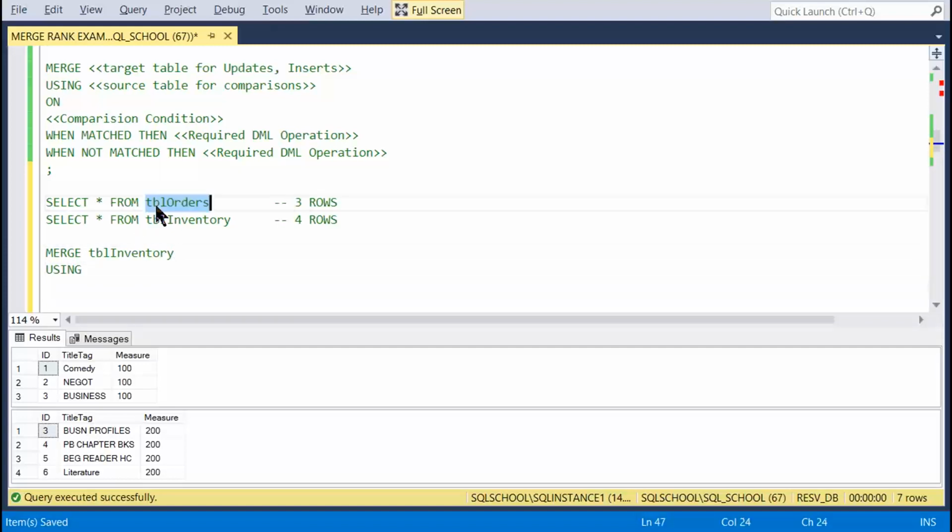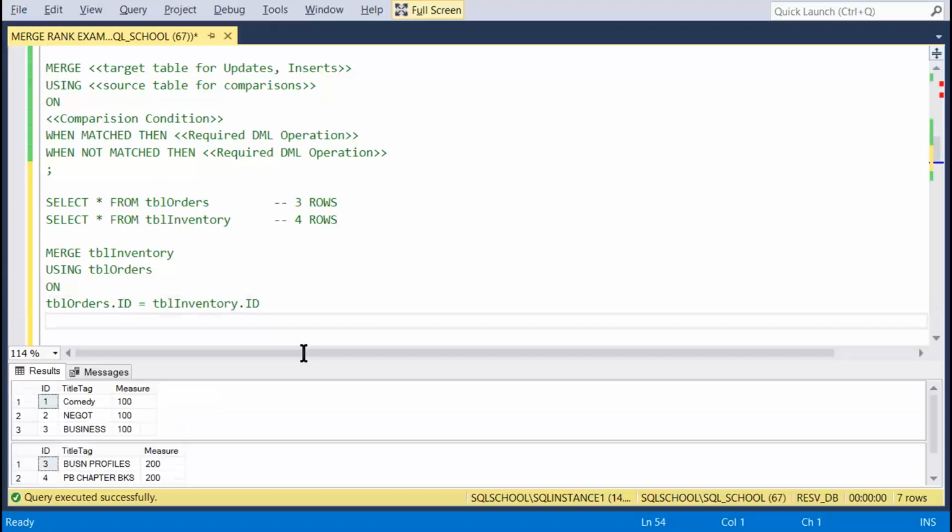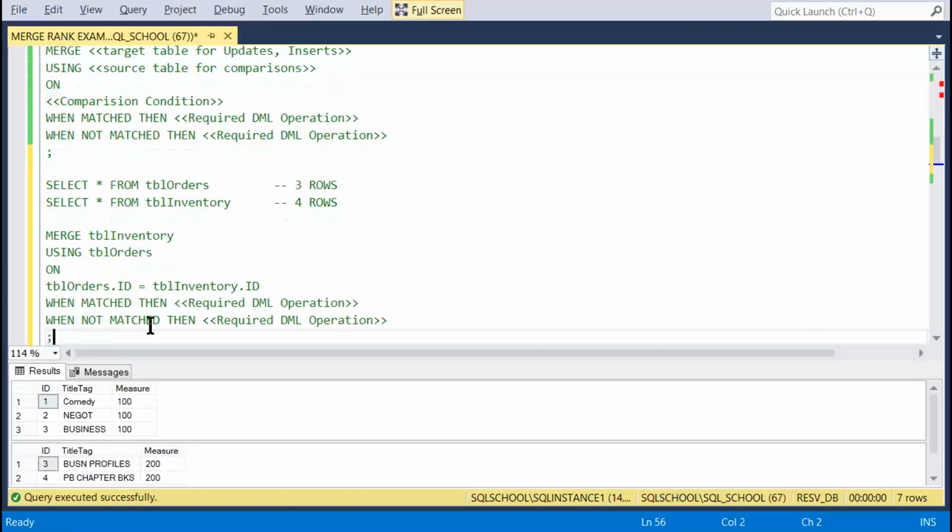using orders table on condition orders.id column equal to inventory.id column. Observe carefully. Then when matched, 3 more lines. When matched, then what we do? Update set